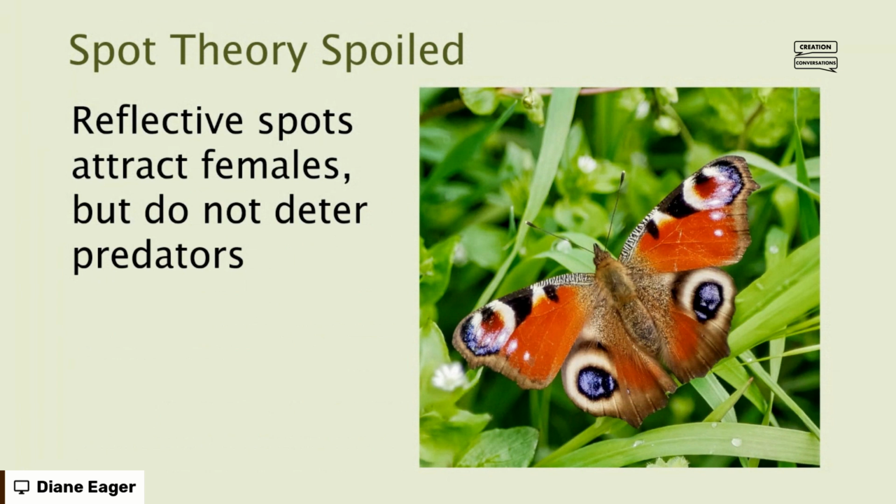How many moths got eaten before they got... they got eaten? Being eaten is not going to change the genes in a butterfly or a moth's genome in order to produce them. So the evolutionists come up with these throwaway lines, but they don't actually answer the question as to how it happens. And when you do the research and see what these things do, they are very useful in the very good